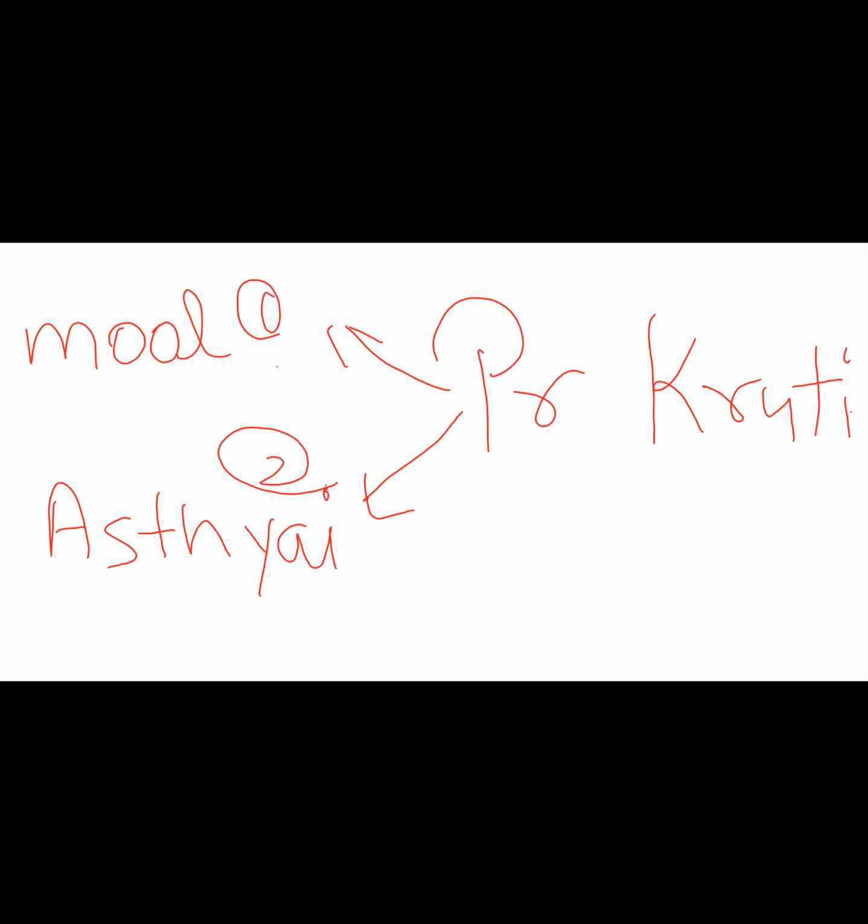When they are traveling, we have to consider this part too. Understand how Mula Prakriti and Asthai Prakriti have to be considered when providing treatment. Is it clear to you guys? Yes. So after Mula Prakriti and Asthai Prakriti, we enter into the